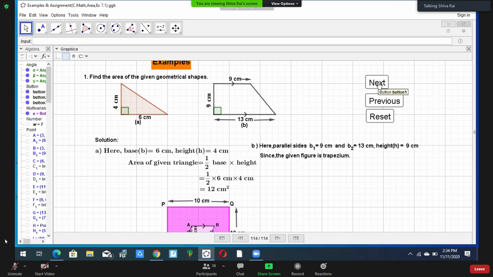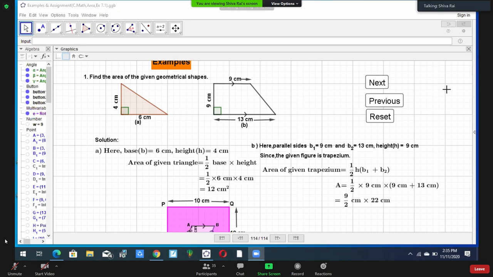Plus. Everyone, you look here. So here area of given trapezium equal to half h into sum of the parallel sides. So just substitute and simplify. Finally, how much we are getting? You look here. We get 9 by 2. How are we getting 9 by 2? Here 9 ones are 9, 2 is 2, and 9 plus 13 is 22. Add them. Now cut by 2, if you divide 22, it goes 11 times. 11 nines are how much? 11 nines are 99. We are going to get the answer 99.